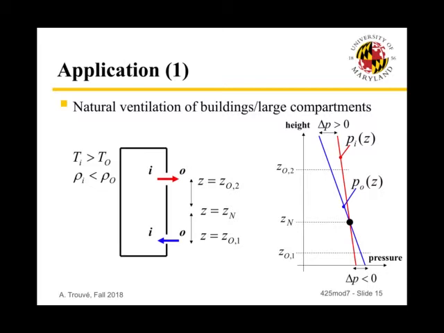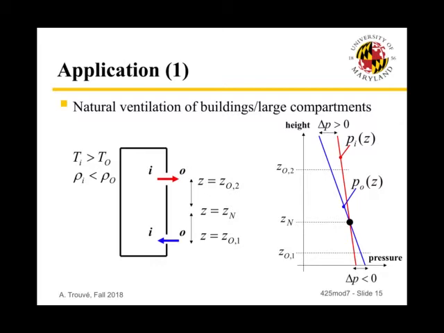And the kind of theory that we're going to develop here is the classical theory used to describe HVAC systems, heating, ventilation, and air conditioning systems. This corresponds to the winter scenario. In the winter scenario, you are heating your house or your building, and the temperature inside is higher than the temperature outside. There is a similar problem for the